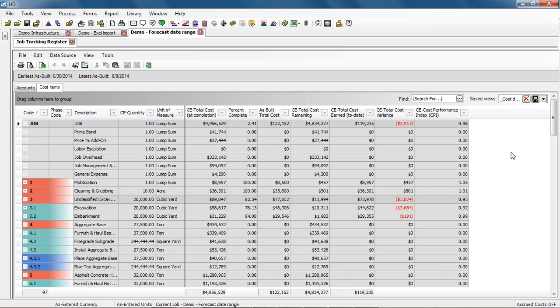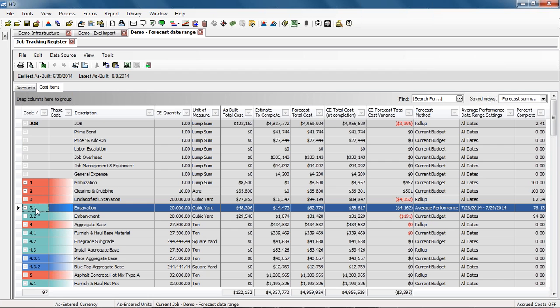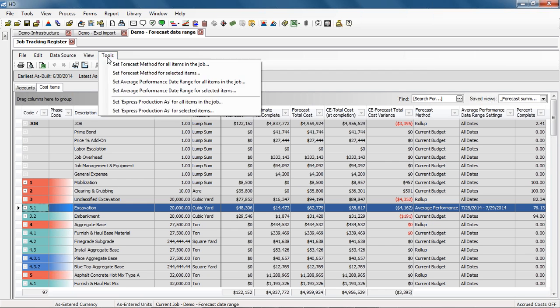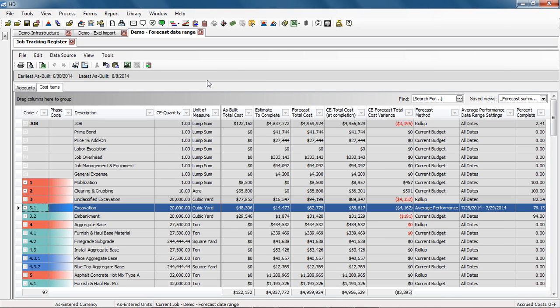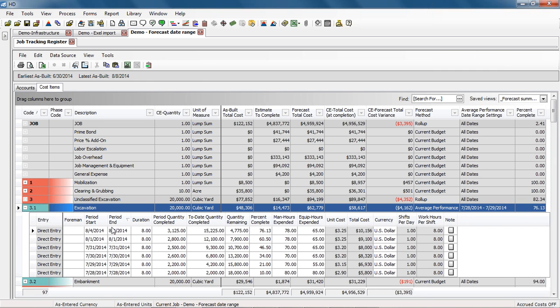It's forecast summary view, and in here I have a view showing my activity. We're going to look at cost item 3.1, and I have my as-built total cost. So I have some as-built entries that have been recorded for this activity,